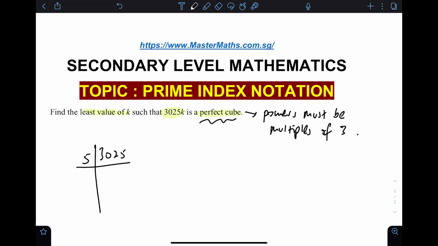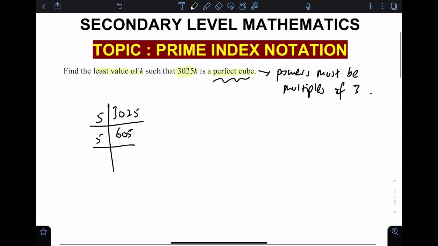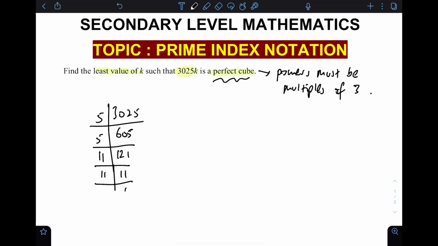So you divide by 5 here, you get 605. Divide by 5 here again, 121. Divide by 11 is 11. Divide by another 11 is 1. So at the end, 3025 is equal to 5 squared times 11 squared, and we need to push these powers up to a multiple